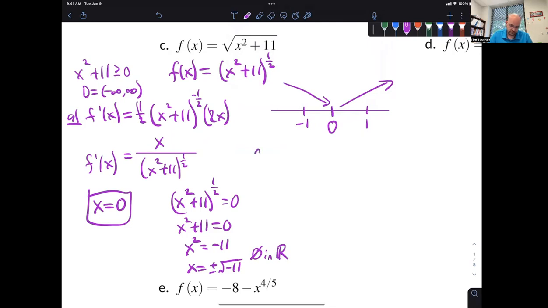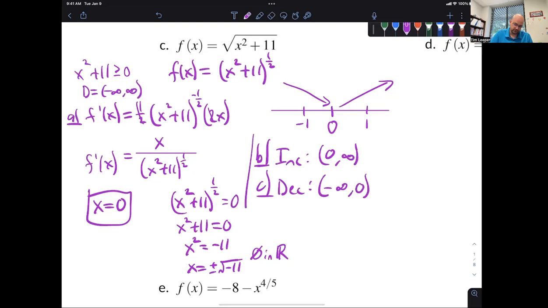Fantastic. So letter B is asking, where is the function increasing? It's increasing from 0 to infinity. C is asking where it's decreasing, and therefore it's decreasing from negative infinity to 0. And there you go. That is letter C